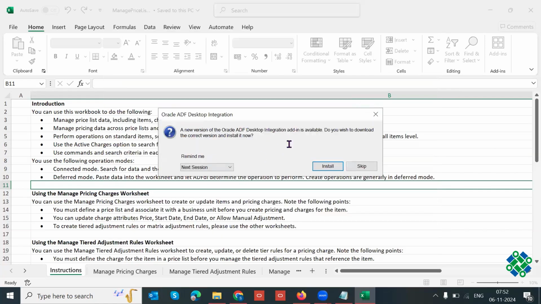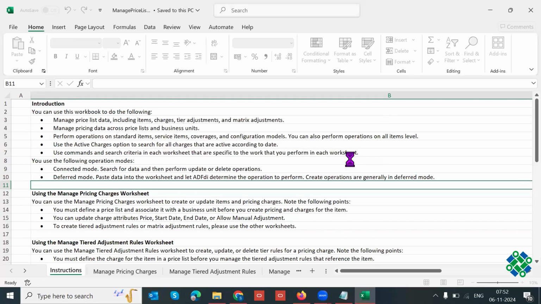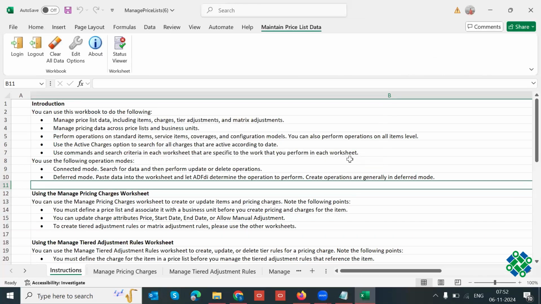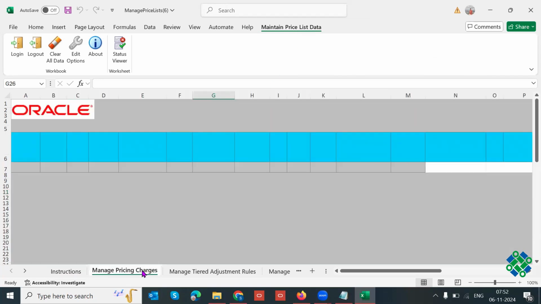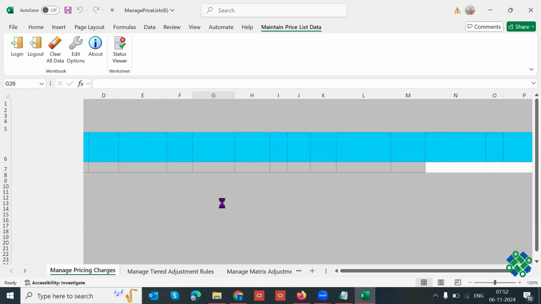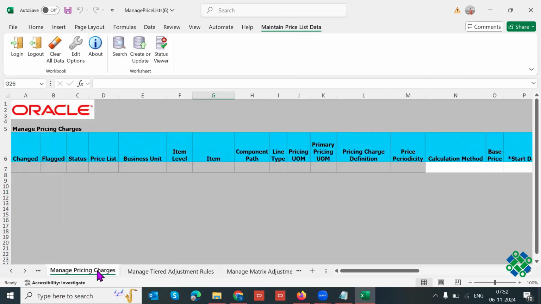Do you want to install the latest version? It seems there is a latest plugin available for this ADFDI. Currently I would like to skip that. Once it is successfully connected, you can see an extra tab. Now if I click on manage pricing charges,